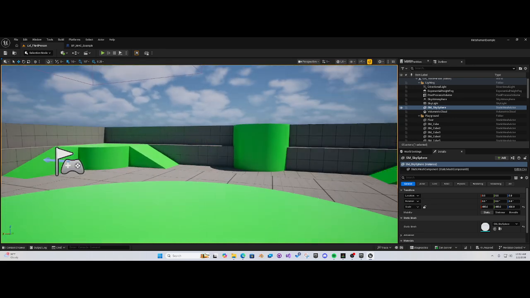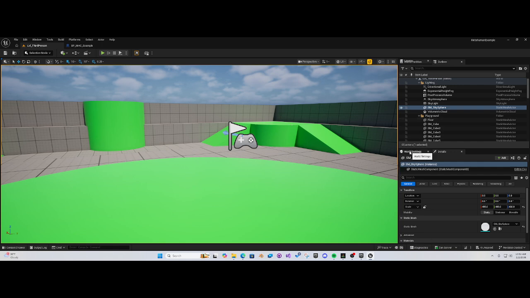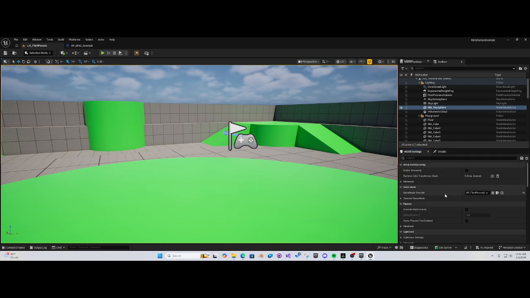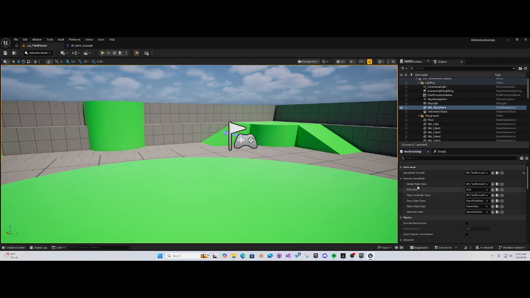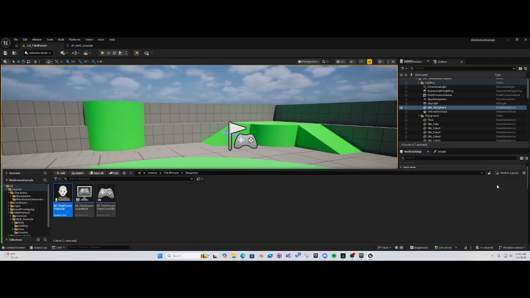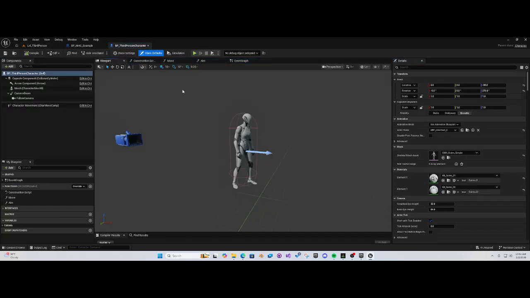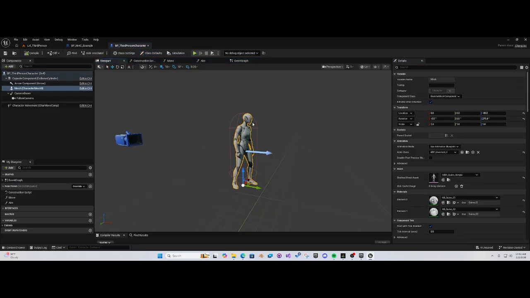That's a fantastic question. So we're going to go over here. What we're going to do is go over your world settings, and in our selected game mode, we're going to find our pawn. And our pawn is BP third person character. So if we open that up, go to the viewport right here, we can see that our mesh is currently